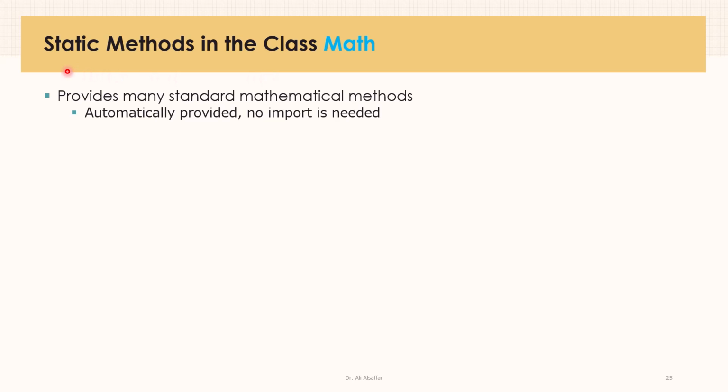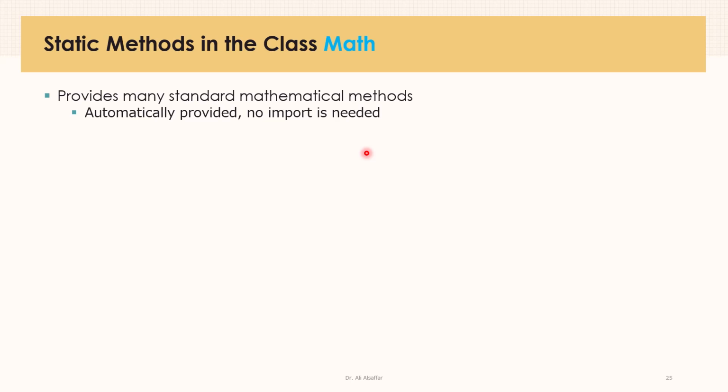And remember, for static methods, if you want to call them directly, you can use the name of the class. So if you want to use any of these static methods, simply write the name of the class, which is Math, M capital letter, followed by dot, followed by the method name for this mathematical calculation. The class not only has static methods, it also has some static constants, some well-known constants that are used